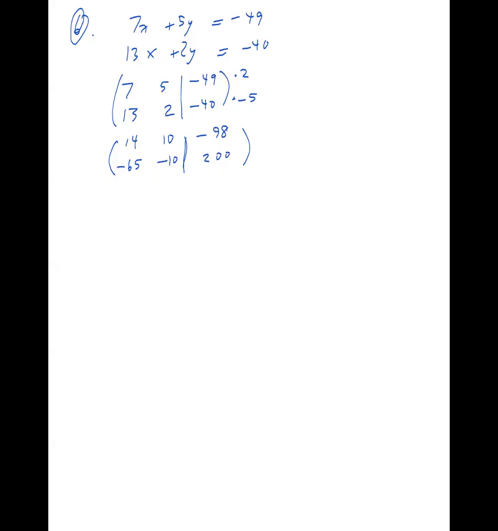Now, add these equations together. So let's take the top row and add it to the bottom row. I'll get 14 plus negative 65, that's negative 51, and then I'll get 0. And then 14, and then 10, negative 98, and then 200. Next, I'm going to